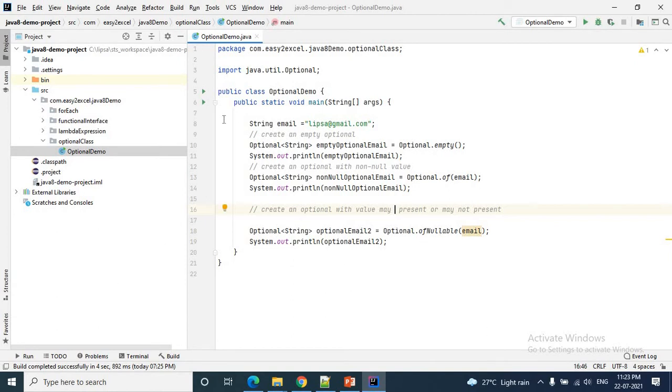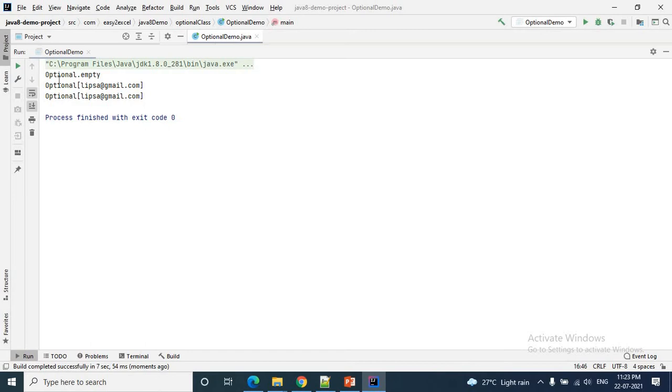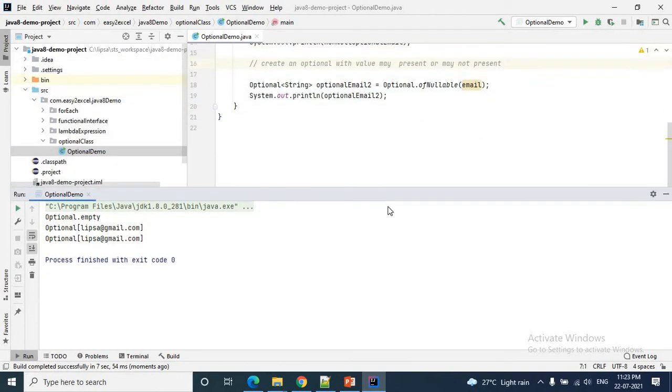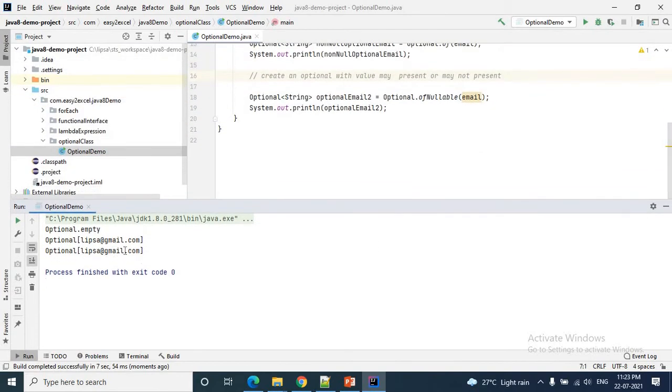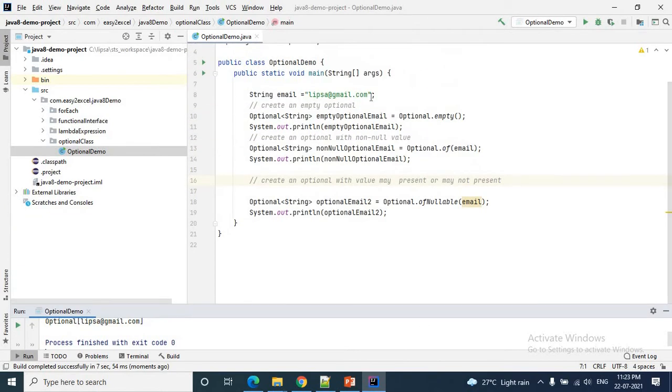Okay, so let me run this application quickly and show you the output. The first one, empty optional is created, then the second one, lipsa@gmail.com, optional with email created, and the third one also optional lipsa@gmail.com created. Correct?